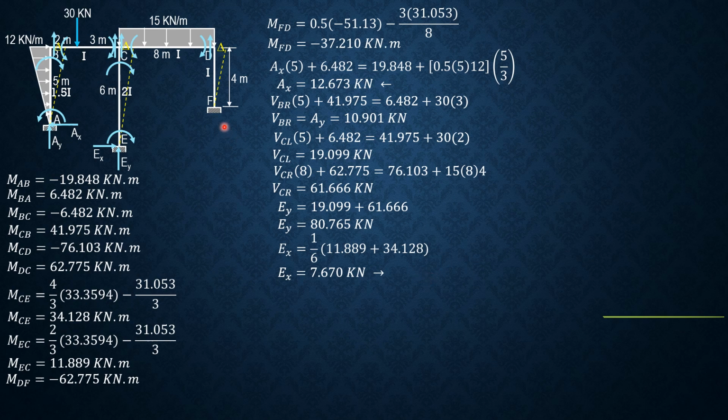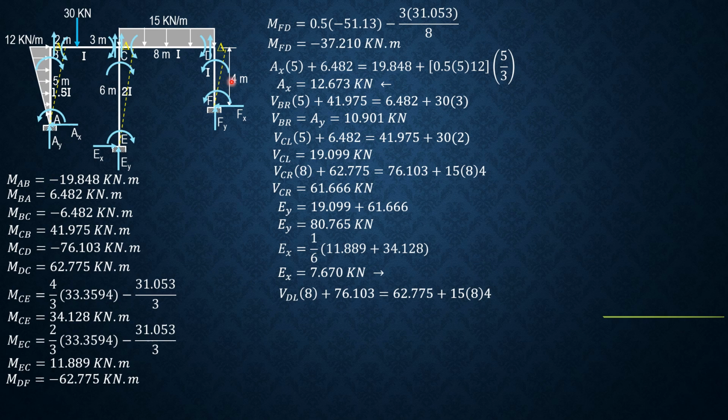Then for column FD, moment FD is negative, so it is counterclockwise from slope deflection sign convention. MDF is also negative, so counterclockwise. Therefore, Fx is leftward. Summation moment about D equals 0. Fx times 4 equals MFD plus MDF. Therefore, Fx is 1/4 of